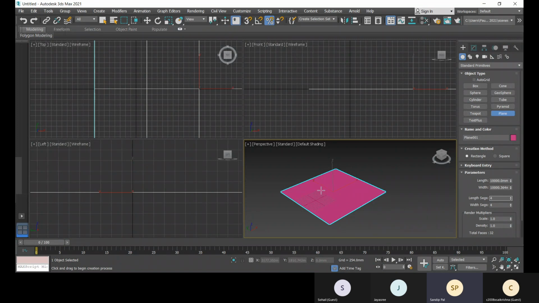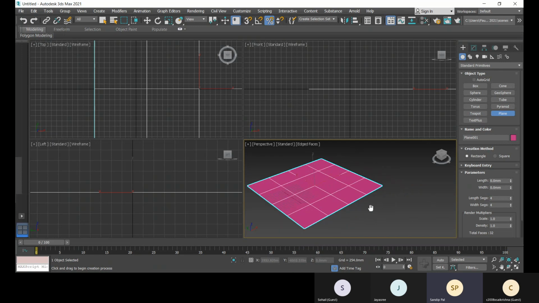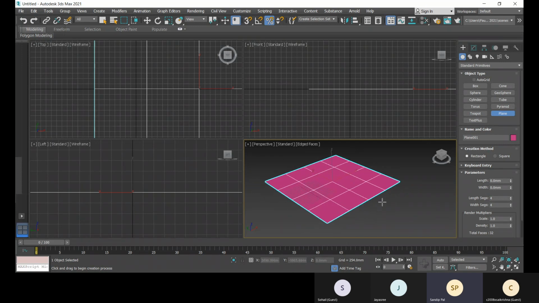So why is it not visible? Because we only have the visual style default shading, so I have to turn on edged faces, right? Then the edges, the segments will be visible with the object color.